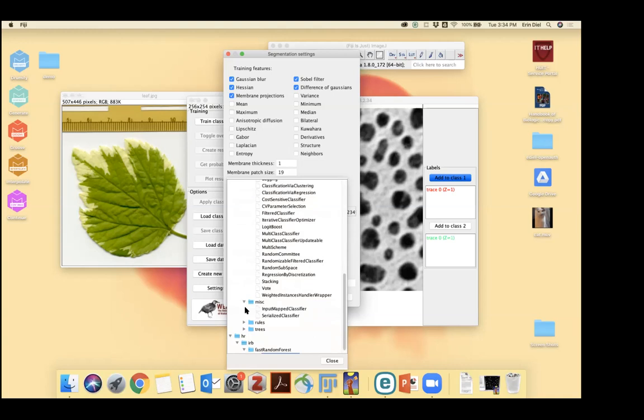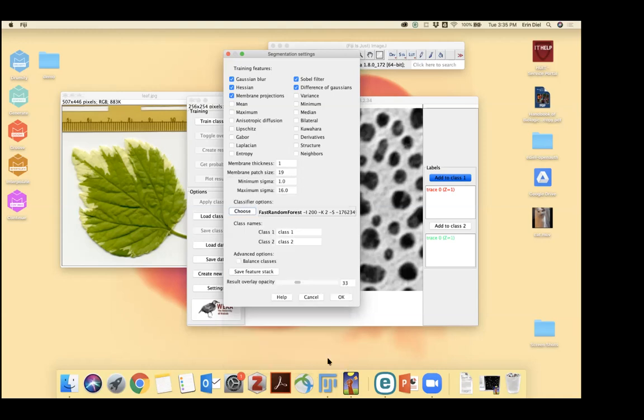I think there's a consensus that random forests work quite well for segmentation of biological images, but you might want to show that another classifier maybe doesn't work as well, or maybe takes a lot longer, or whatever metric you want to choose to show that it's the best. But those options exist. And one case where using a different classifier might be interesting is in the case of